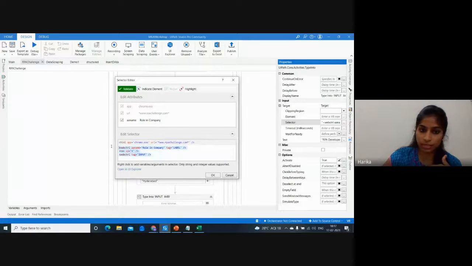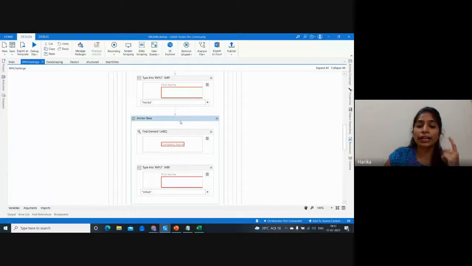So which is this way, right? You can give the anchor inside the selector itself. And the second way is using anchor base. So if you're going for an interview, and you're asked a question like what are the challenges that you face when the elements or the text fields are changing dynamically in an application, you can choose these two ways. You can either go for the selectors that have an anchor itself, or you can go for anchor base.